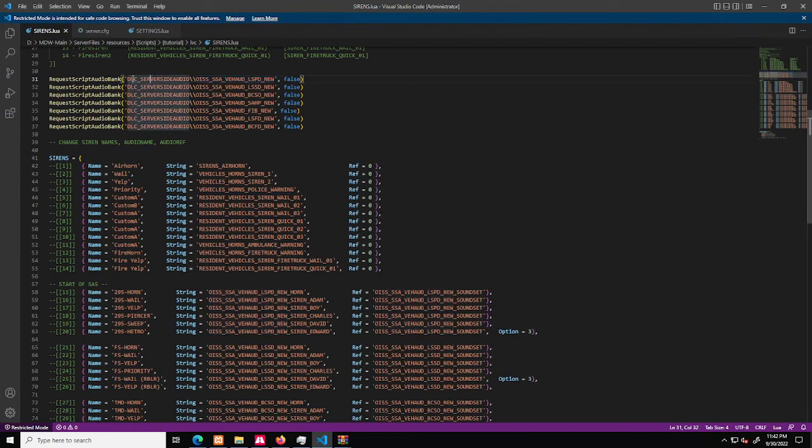So server-sided Sirens is going to be DLC server-side audio, slash, let me not do that, OISS, SSA, VEH AUD, underscore SSA, underscore VEH AUD, underscore whatever siren pack you're using. So if you're using the LSPD old as your siren tones, and again these are interchangeable based off of what you want, you can keep the